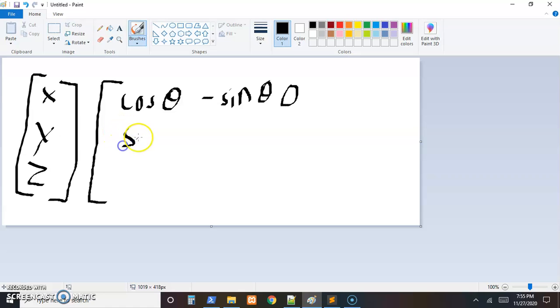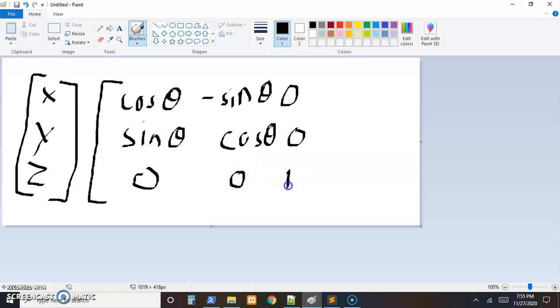Then our second row is sine theta, cosine theta, again 0 because we're rotating around the z, so that's not changing. And then 0, 0, 1. So we'd carry out that multiplication, and